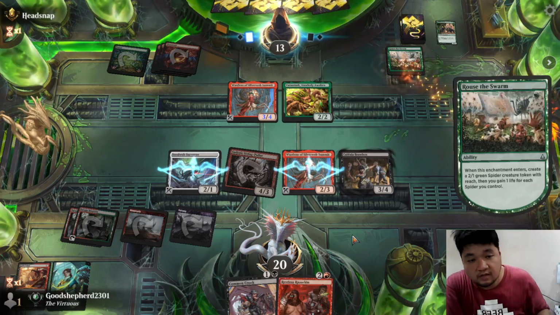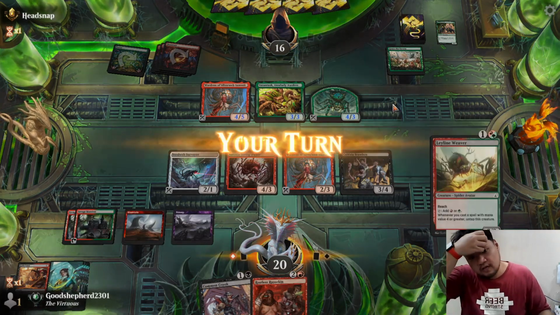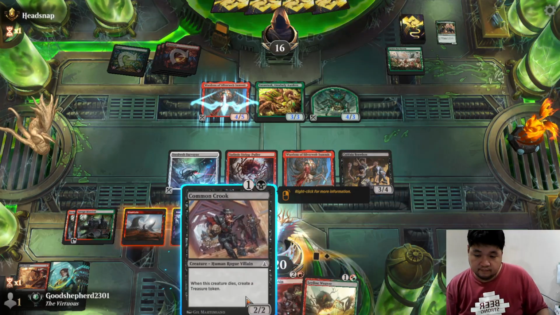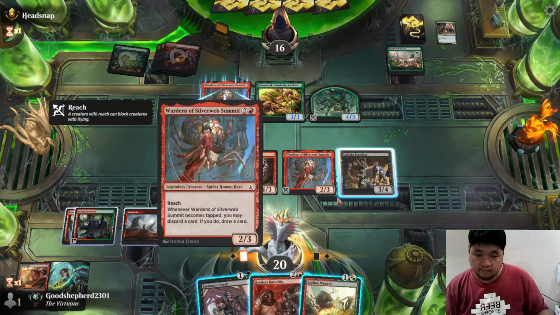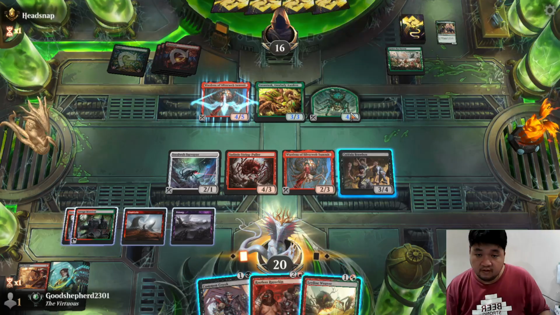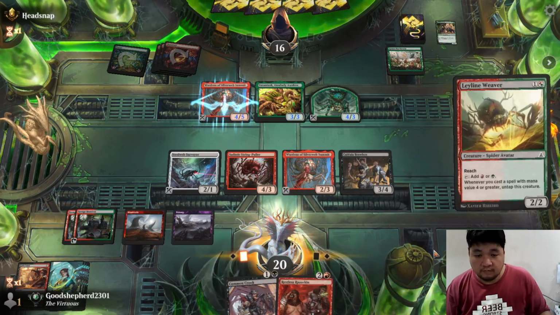Browse the swarm. When this enters, create. Okay, 1. Then spiders you control can't be blocked by creatures with defenders. Okay. Like, I can give this menace and just swing just to tag one of these out. Probably end up taking the token. Can't swing with this. I am going to need the mana, so